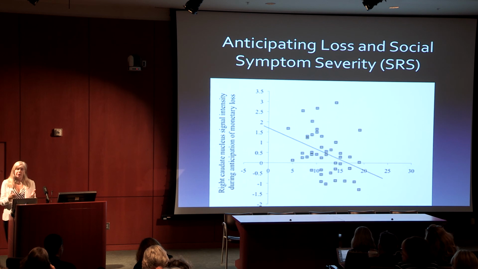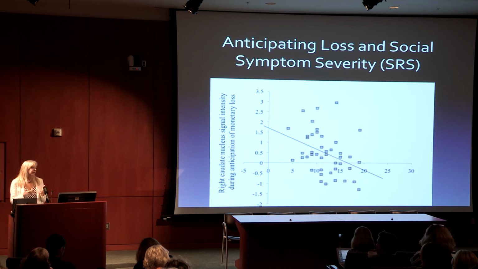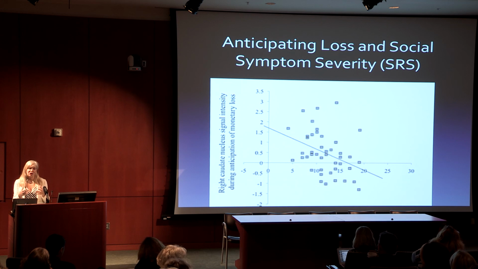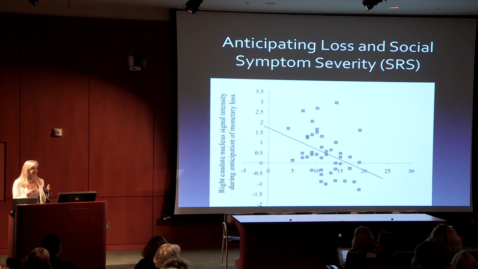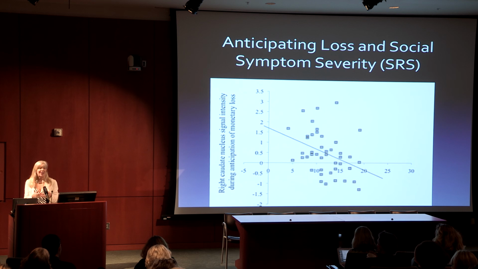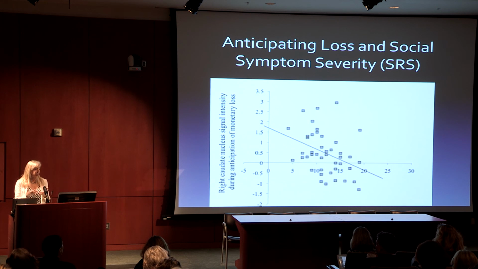But again, to our point of looking at individual variation, the severity of the social symptoms was related to the amount of activity in the brain, such that the greater the activity in the caudate, in this part of the striatum, the better the social responsiveness scale was. Those people who had less activity in this area also had poorer social outcomes, and that's true whether you had ASD or were typically developing. So this is an area that's very important, it appears, in developing social skills, and it's in line with the social motivation hypothesis.